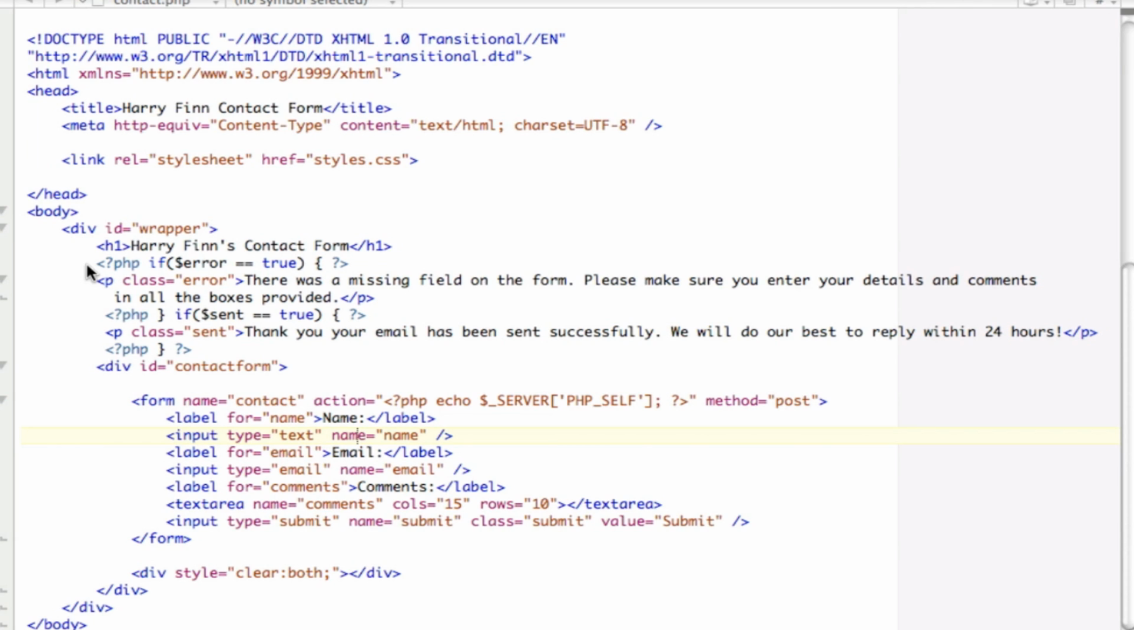PHP, on the other hand, runs server side. So that's where it's being hosted. So before it gets viewed on the page, it runs on the server, and basically all you see of PHP is its output. So for example here I've got a PHP statement saying if my variable error is set and equal to true,